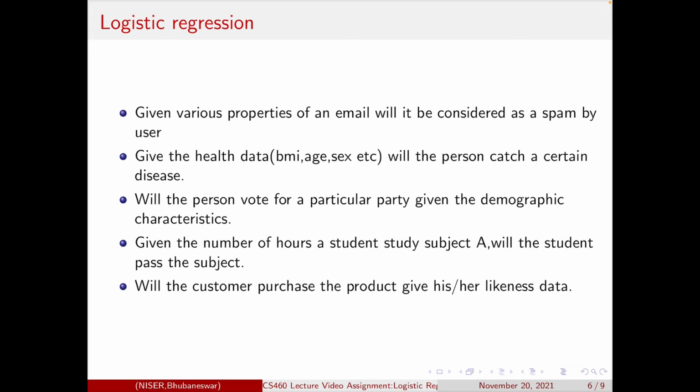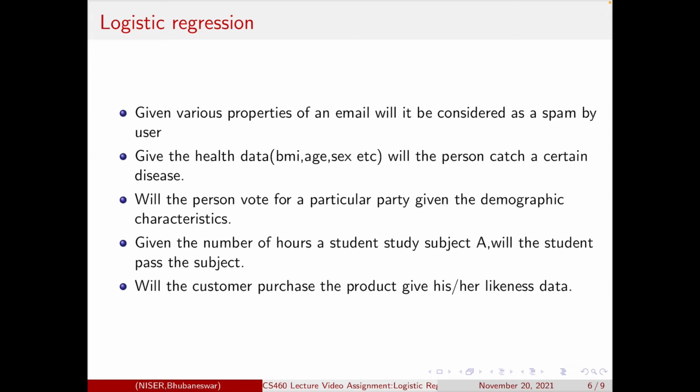So in all these problem examples, we see that there is a prediction to be done, and that prediction can take two values: pass or fail, spam or not spam, will vote or not vote, etc. And this dependent value depends on the continuous variables like health data, BMI, age, sex, number of hours of study.